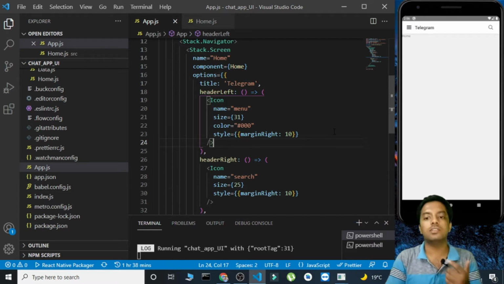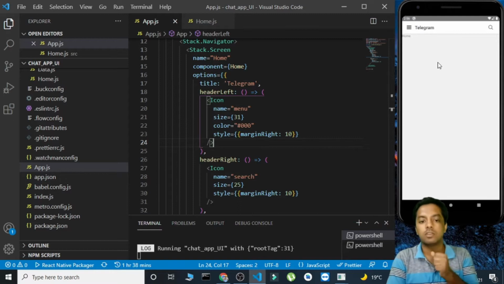This is the second part of our chat app UI project, which we are creating using React Native. Till then we have created the header for our project. In this we have used the icons and we have changed the title as well. So in this video we are going to complete this where we are going to create the entire detail section